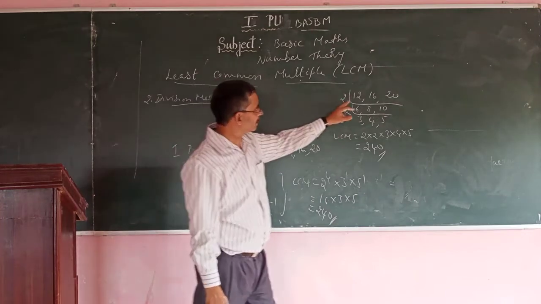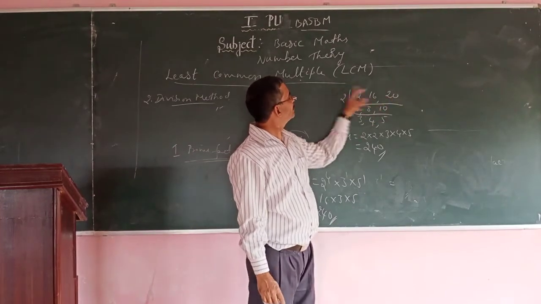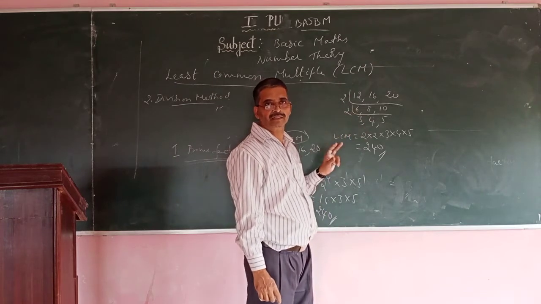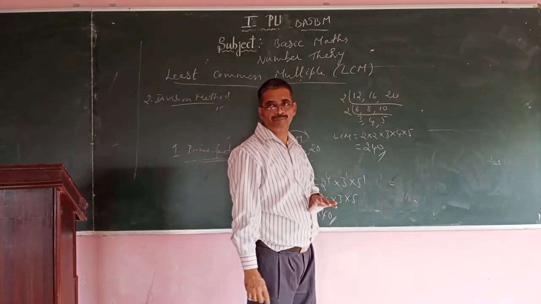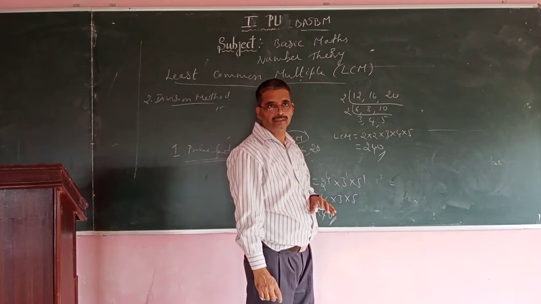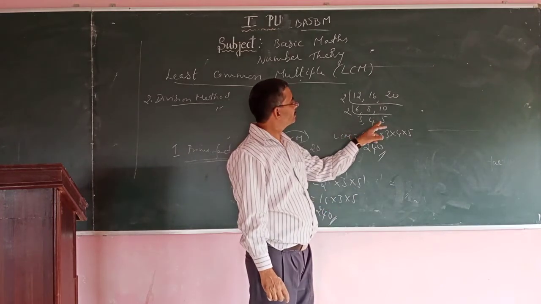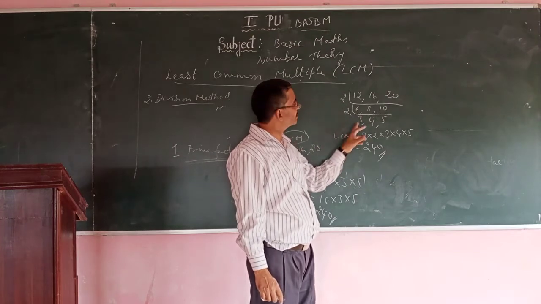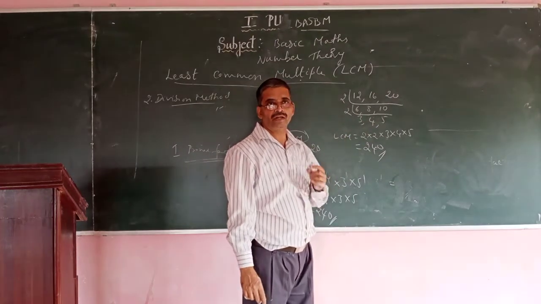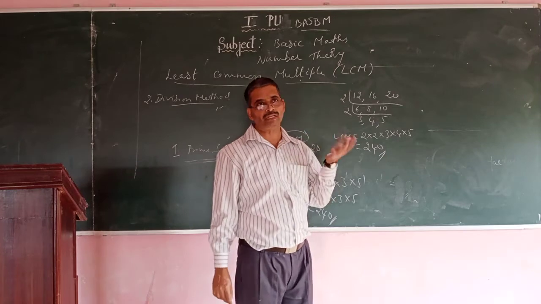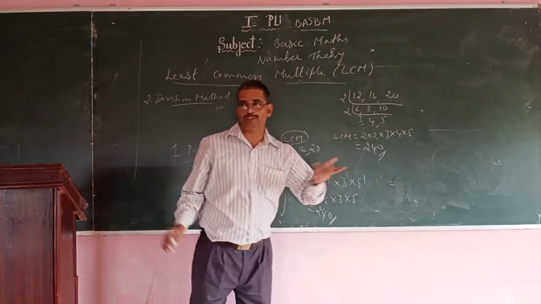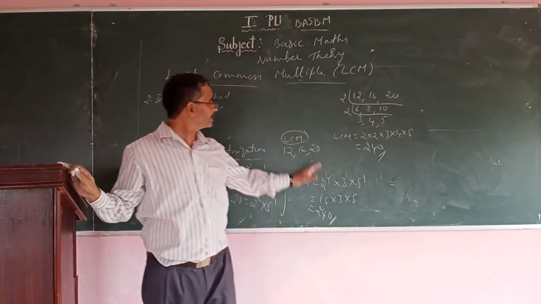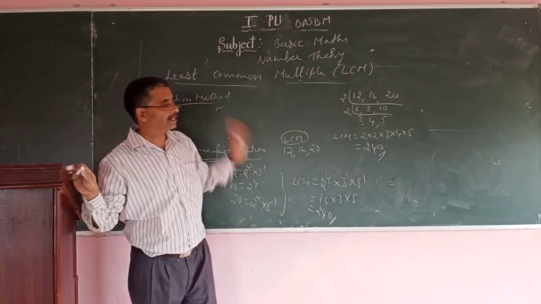So here, write the numbers in a line, and keep on dividing till we get to where no other number divides the remaining numbers. So here 3, 4, 5, for example, is not divided by any common factor except 1, which is immaterial, because 1 into something is the same. So repeat like this and you can get the LCM.